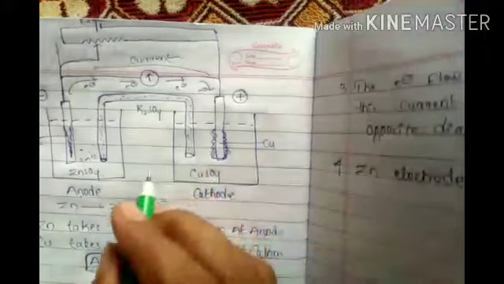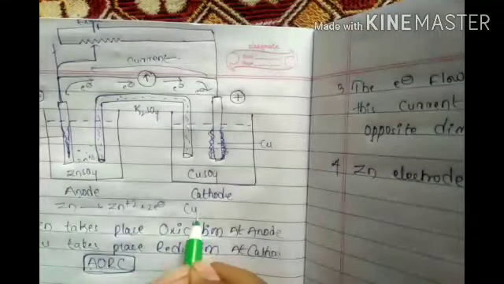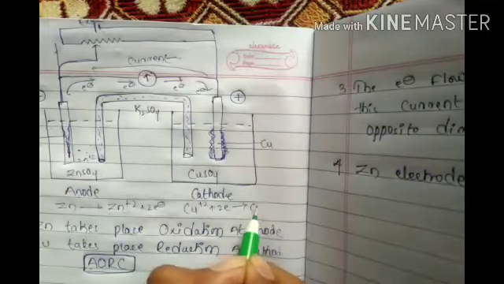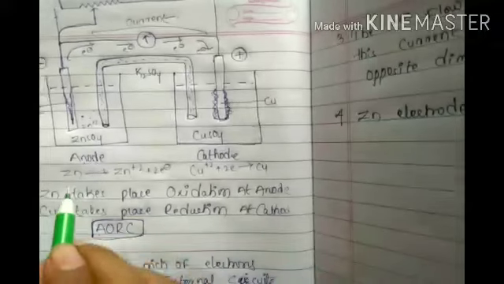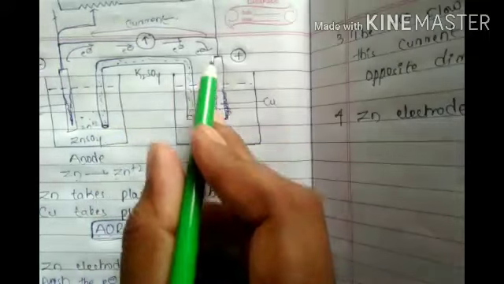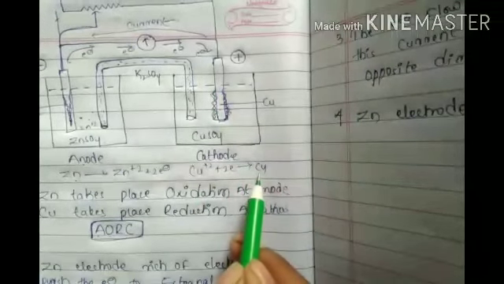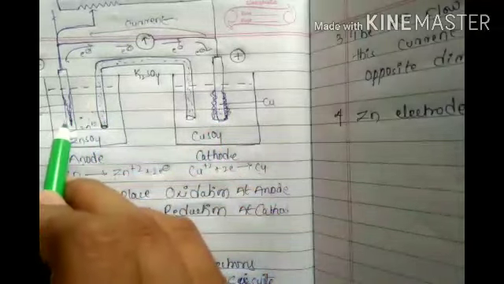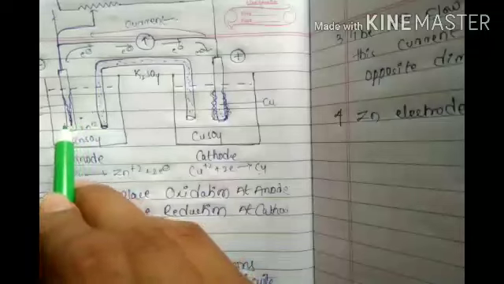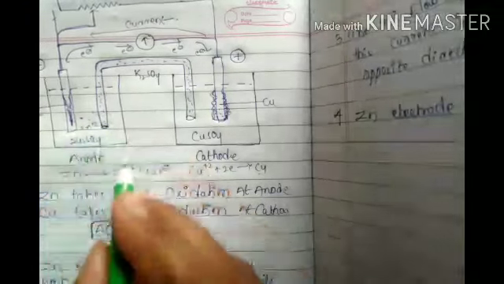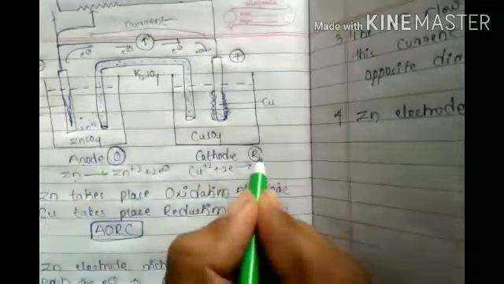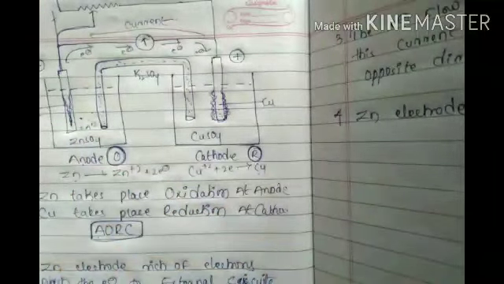Now what is going on here? This Cu+2 is taking 2 electrons and forming copper. Here zinc is leaving electrons, these electrons are coming like this, and copper is taking electrons and becoming copper. So that's why here it is decreasing and here it is increasing. Here it is gaining of electrons, here losing of electrons. Losing of electrons is called oxidation, gaining of electrons is called reduction. This is a very, very important point.